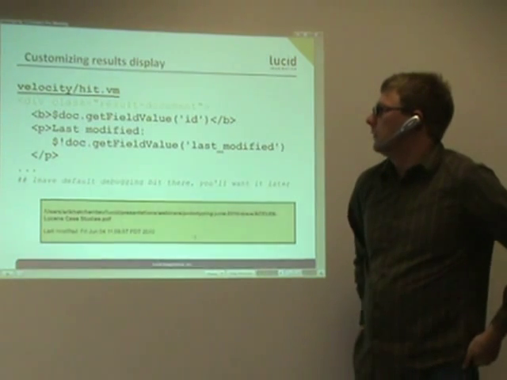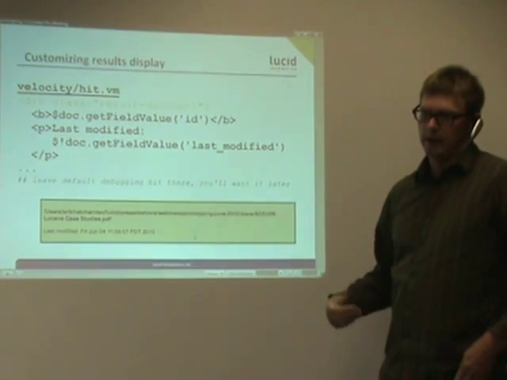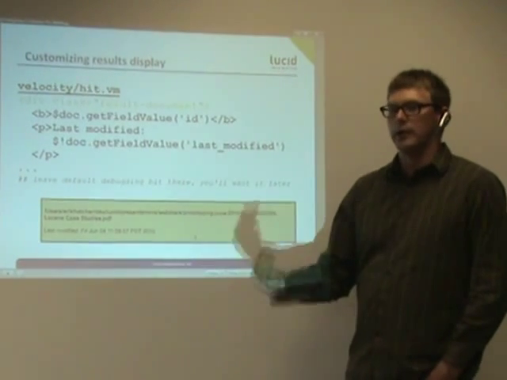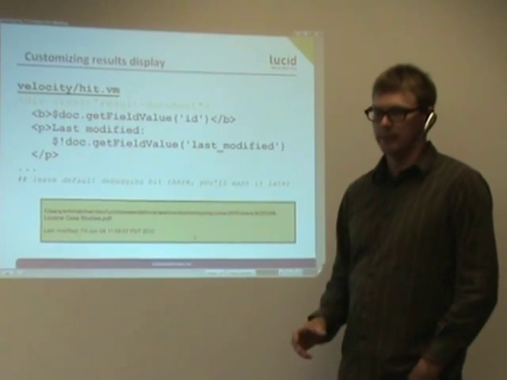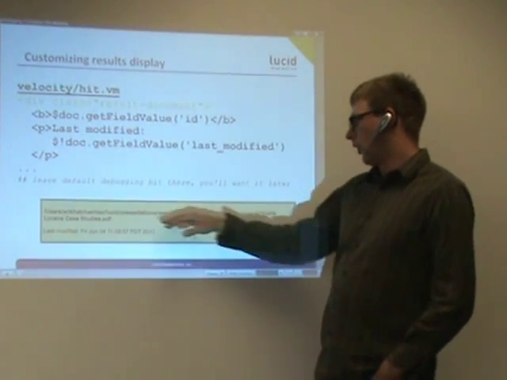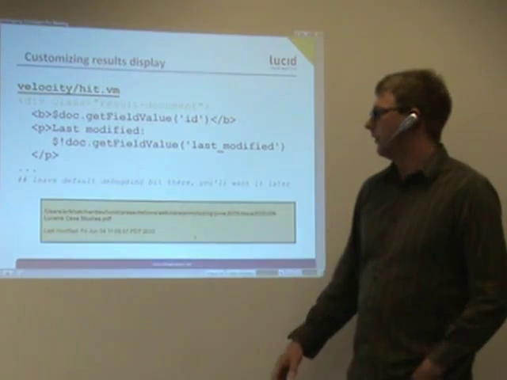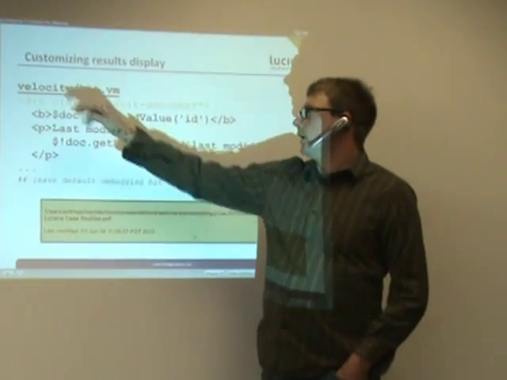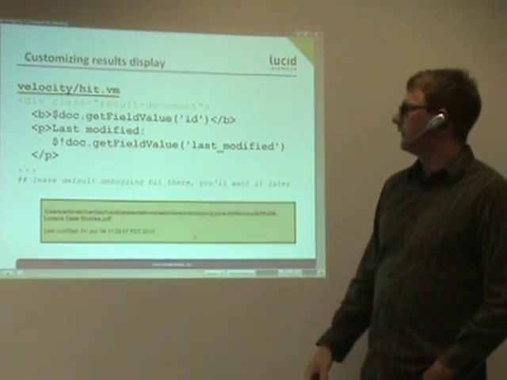Okay, next thing we want to be able to do is customize how the hits look. You saw in the default view where we had a generic field name : value, kind of in an arbitrary order. We'd like to make that look a little bit better. We want it to look like our boss wants it to look, where it's going to show the file name that we indexed, and then perhaps just the last modified. So there, underneath that conf directory in Solr is a velocity directory, and there's a hit.vm. VM stands for velocity macro,